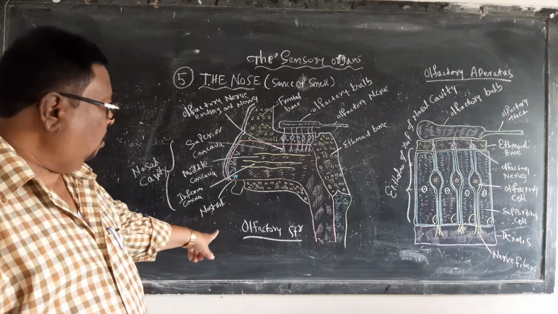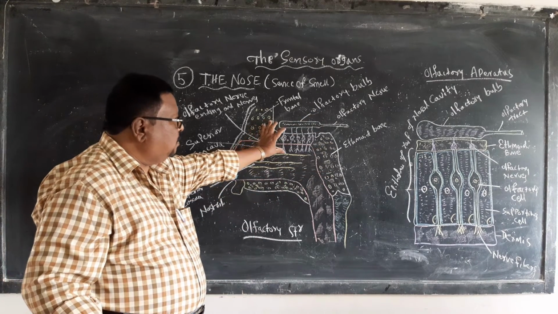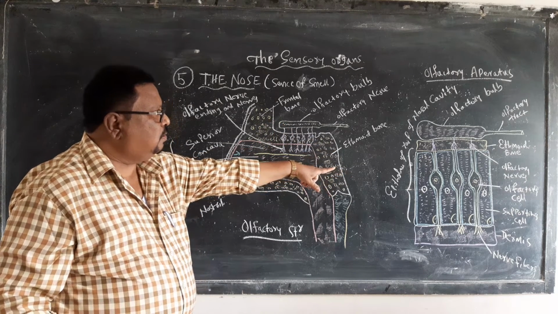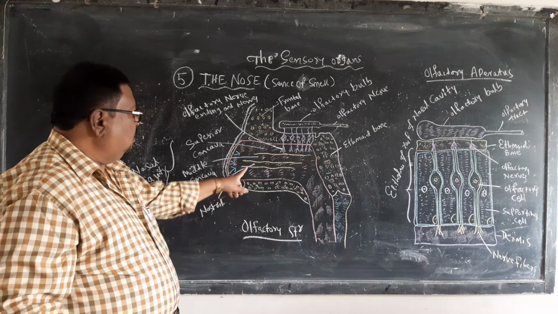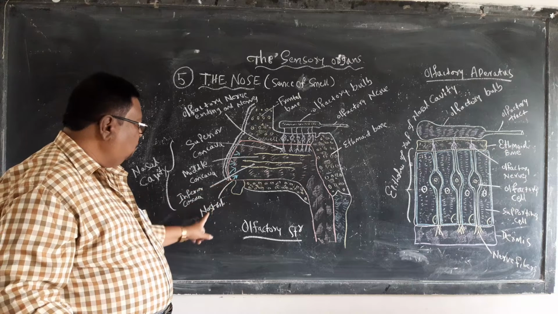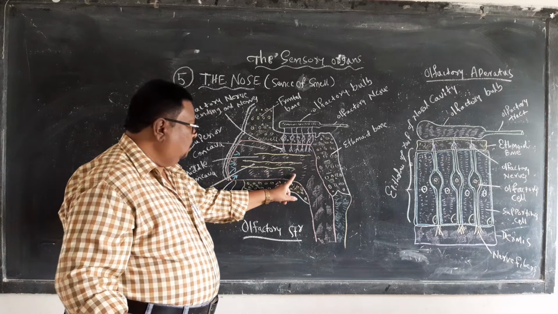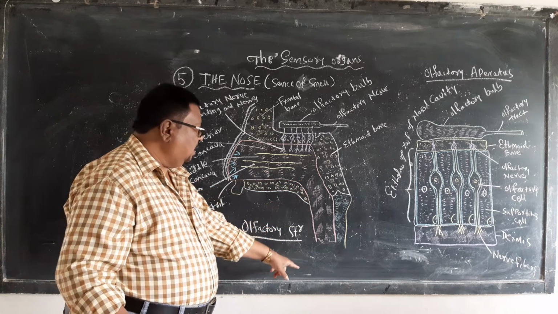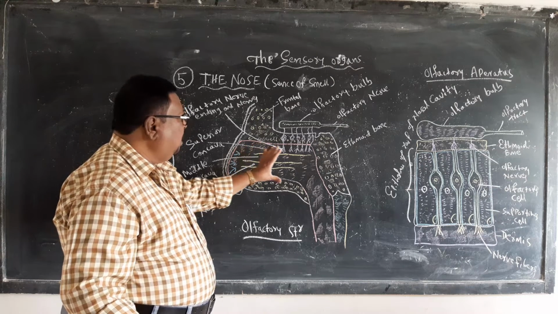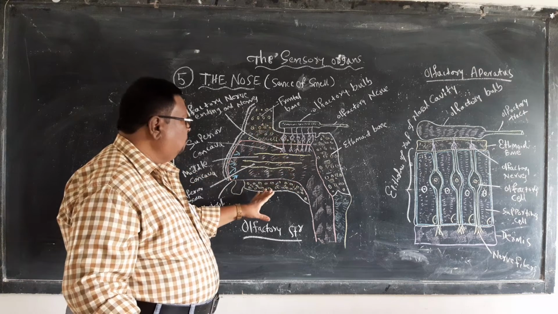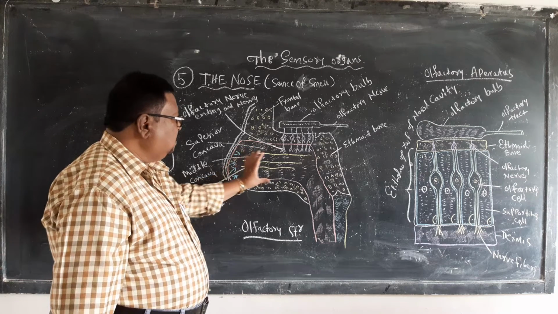I have given the olfactory structure figure here and the olfactory apparatus, the sense organs of the nose. So this is the nose and this is the nostril through which the air goes inside and passes through the pharynx and larynx to the trachea. Then this nasal cavity is bound by the ethmoid and the frontal bones. This is also the ethmoid bone. The cavity is the nasal cavity, in which the air passes inside.